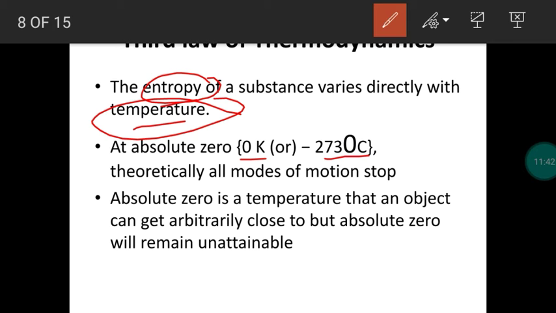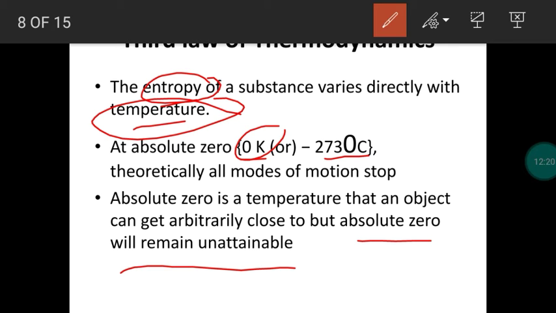So when we take any crystalline solid with proper three-dimensional arrangement, when we maintain absolute zero temperature, the entropy value will also be zero. So absolute entropy will be achieved for a purely ordered crystalline substance when we maintain absolute zero temperature. When we maintain 0 Kelvin temperature, the entropy of the solid will also be 0. But this is practically highly impossible. So absolute 0 Kelvin will remain unattainable. So this is a very low temperature.